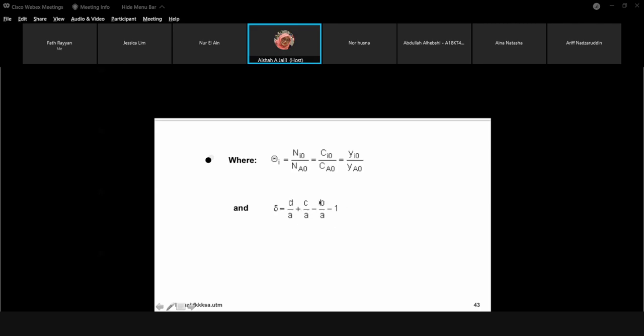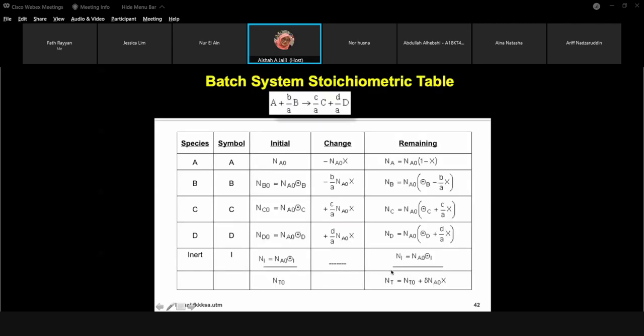So the total mole balance and the total stoichiometric coefficient are divided by the limiting reactant's total. This is the reactant minus, and product minus reactant. Here, this is this one. If you see clearly, slowly, and you understand, you can know why here. Because this is total. So this is the batch system.